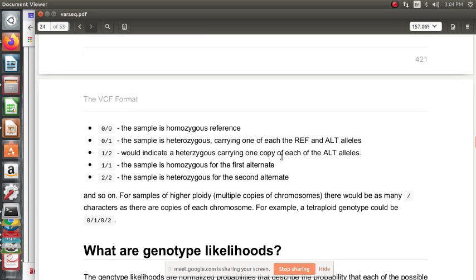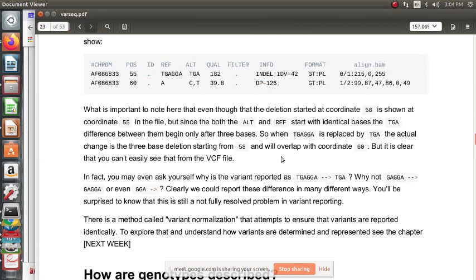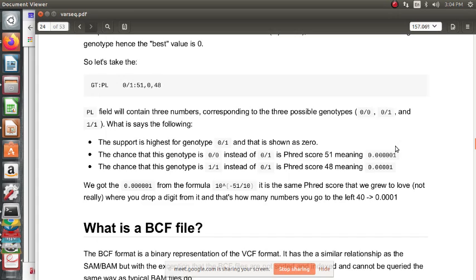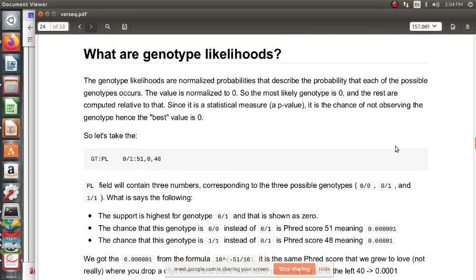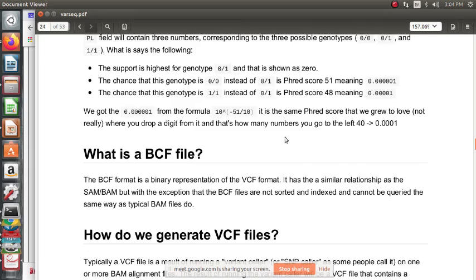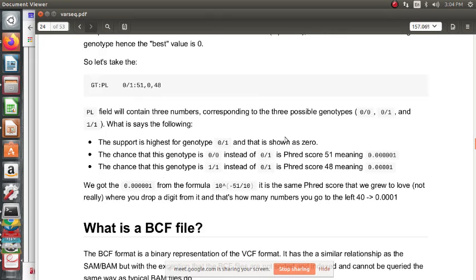There are six combinations which are mentioned here: 99, 87, 47, 86, 0 and 49. We will see some tools like VCF tools which will do this type of computation for us directly. We are just seeing a simple example of how to interpret the GTs to PL.